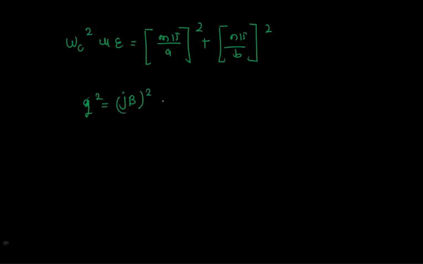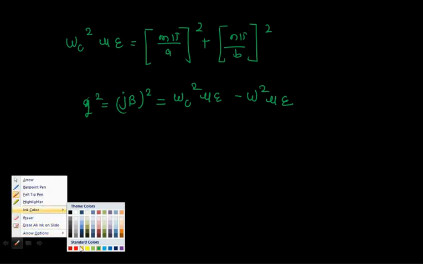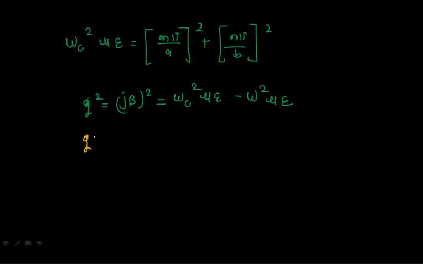This is the value. Now this is my condition, which I have got when I have put it that my frequency is the cutoff frequency. So the relationship I can write here is omega c square mu epsilon minus omega square mu epsilon. If you recall the previous equation, when you put all these things over here, I can say my gamma square is equal to minus beta square, and my all change will be there: mu epsilon minus omega c square mu epsilon.